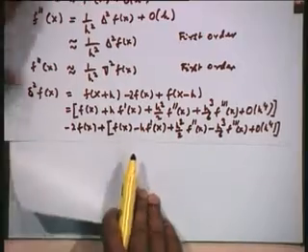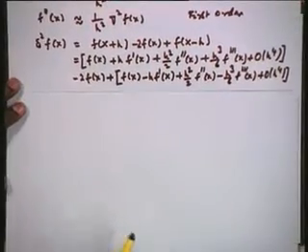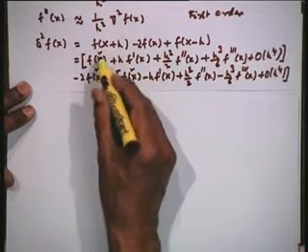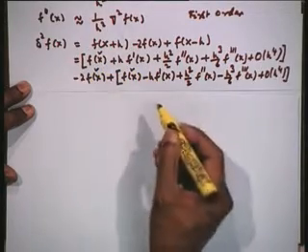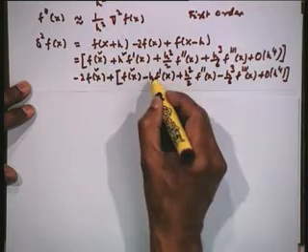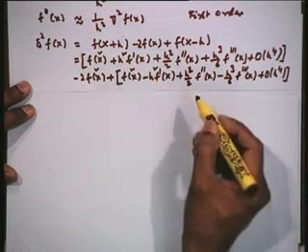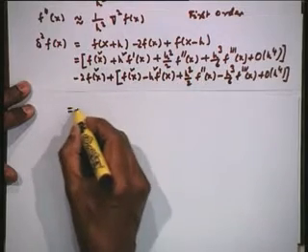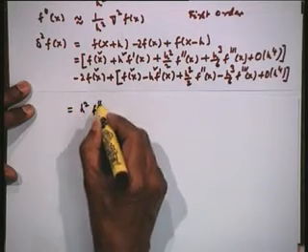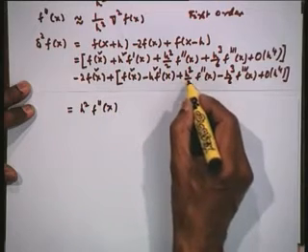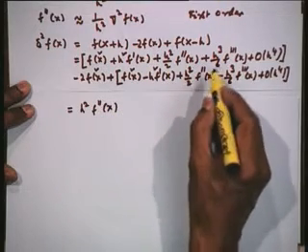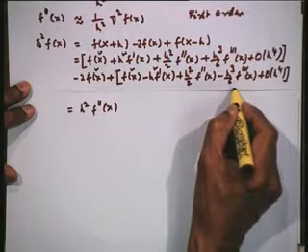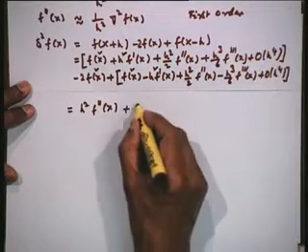Let us now simplify this particular right hand side. So, we have f x combines with f x, cancels with minus 2 f x, f x plus f x minus 2 f x. This is plus h f dash x minus h f dash x, these two cancel off. Then we have h square by 2 plus h square by 2. So, the first non vanishing term is h squared f double dash of x. This h square by 2, h square by 2 combine. Now, you can see the odd derivative, this is plus h cubed by 6 minus h cubed by 6, it cancels again. So, what is left out is order of h to the power of 4 terms.